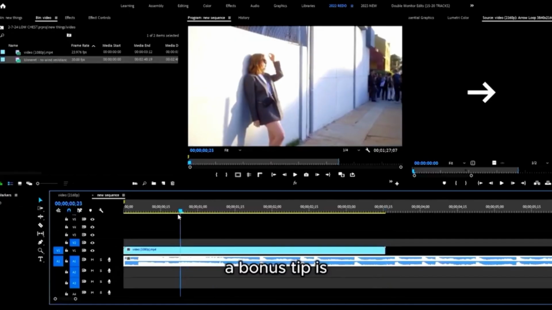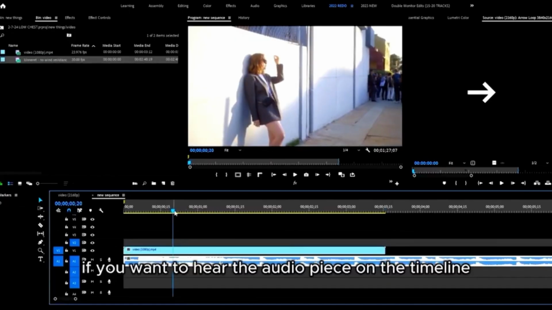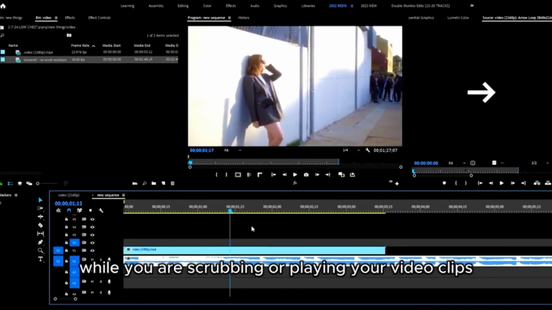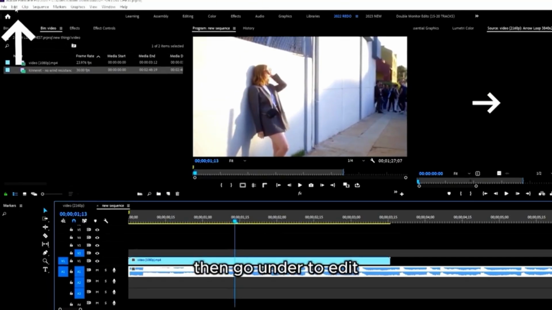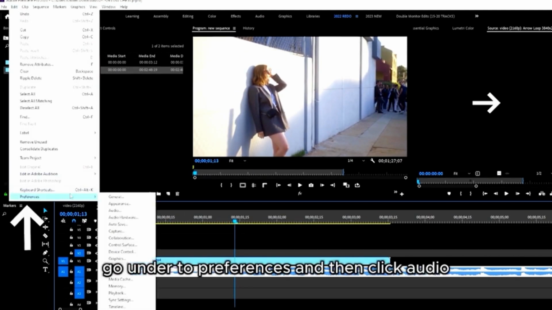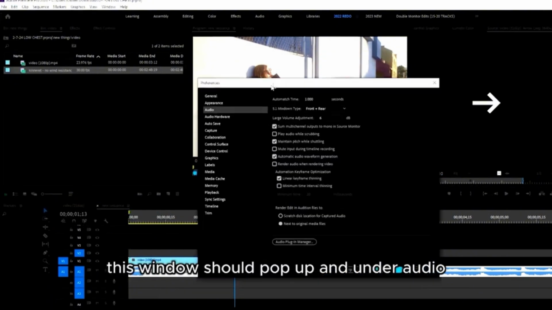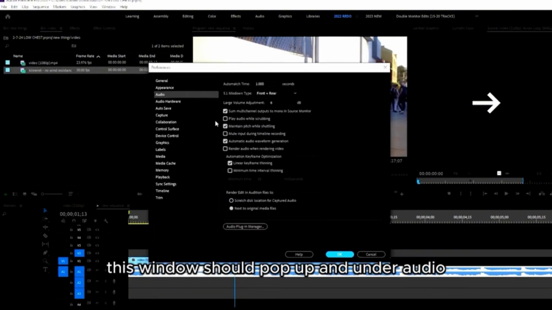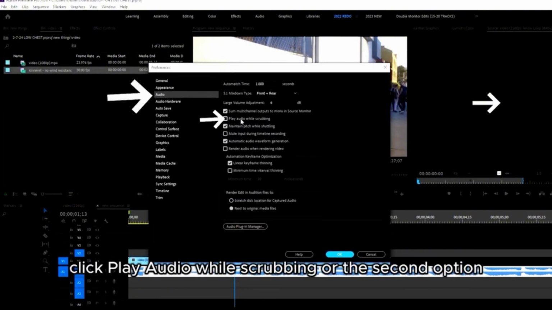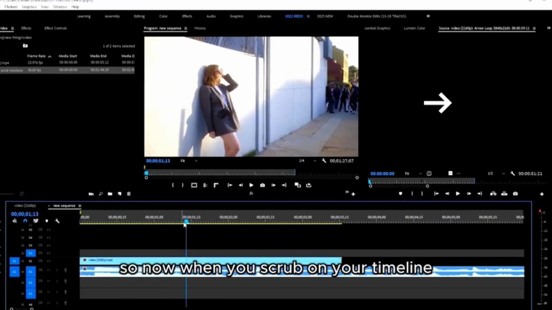A bonus step is if you want to hear the audio piece in the timeline like so while you're scrubbing or playing the video clips, go under to Edit, Preferences on the top left hand screen, and then click on Audio. The window should pop up like this, and underneath Audio, click Play Audio while scrubbing or the second option, and then click OK. So now when you scrub on your timeline,